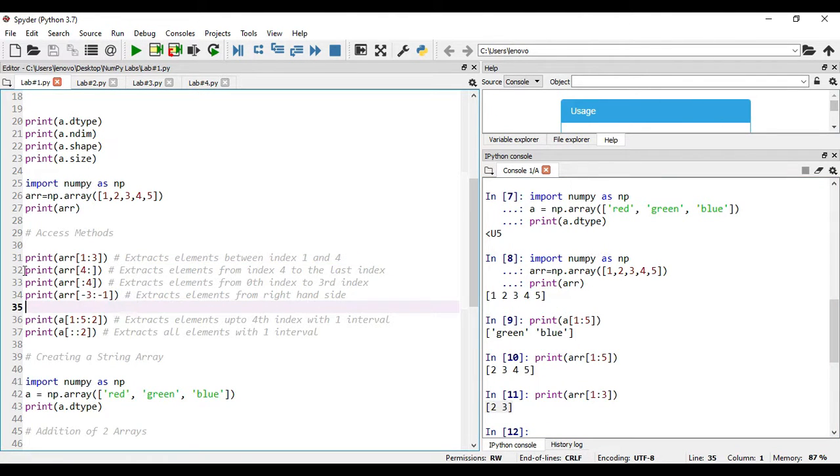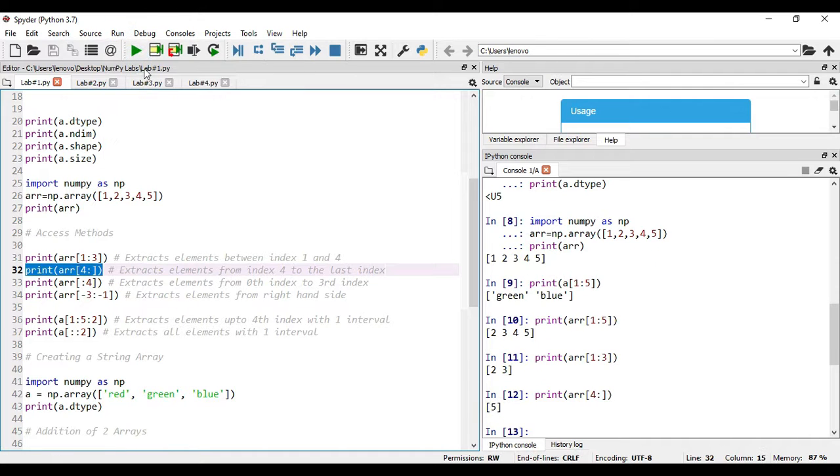And what happens if I use print arr[4:], meaning the second value I have never passed? In this case it will take the outer bound, up to the last element, and it starts extracting from the 4th index. From the 4th index means 0, 1, 2, 3 and 4, that is the fifth element. As that is the last element, the output will be only 5. Select and run the code. Okay, the output we got is 5.